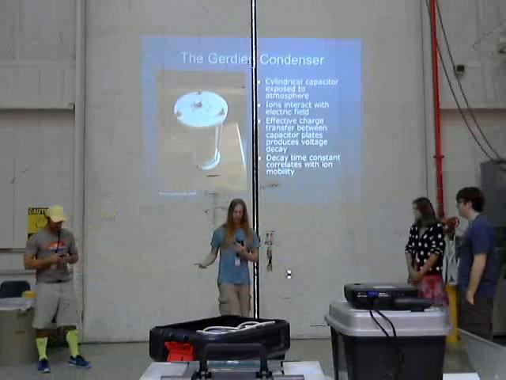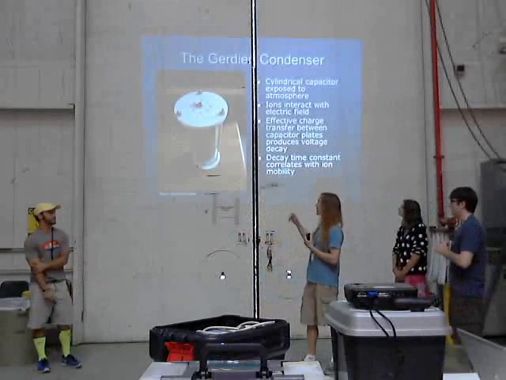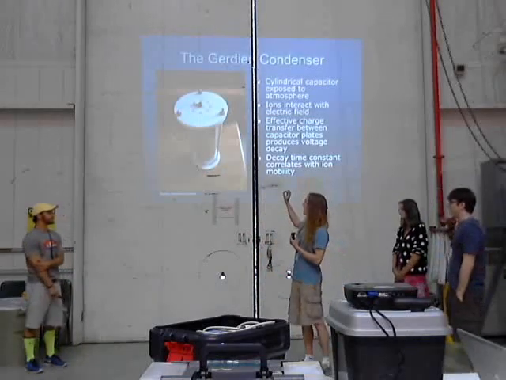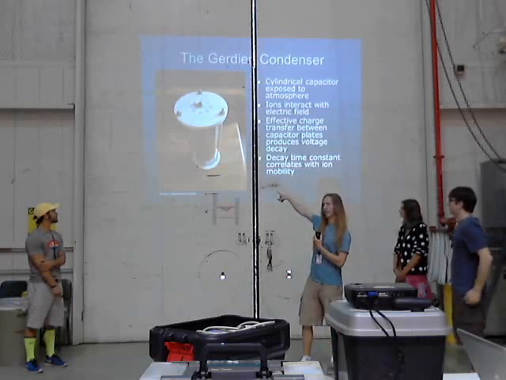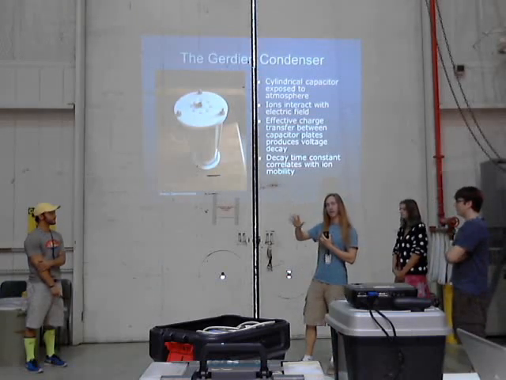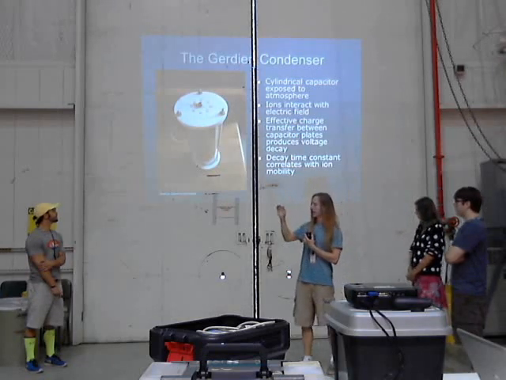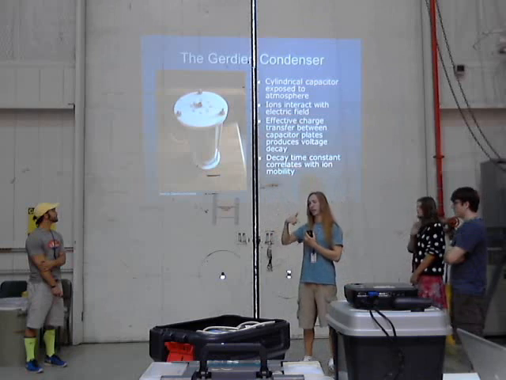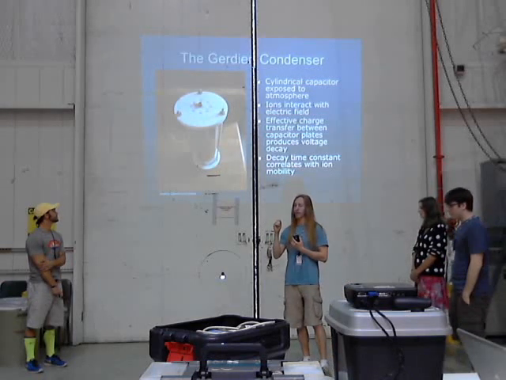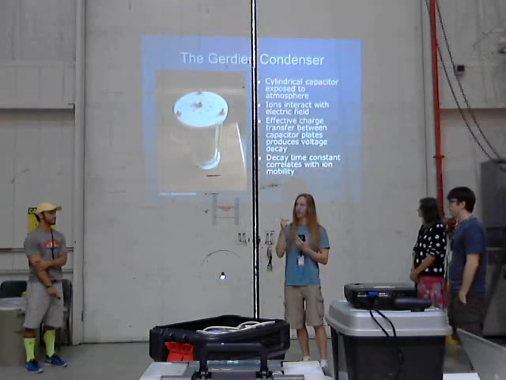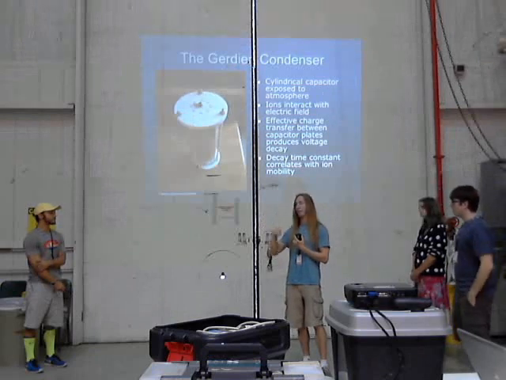So as Dewey alluded to, our measurement apparatus to detect the ions is basically just a giant capacitor. It's a cylindrical capacitor as opposed to parallel plates. Actually, outside of it is a Faraday shield to minimize any interference we have. And how it works is as ions flow in between, they interact with the electric field and they experience a force. And so that is the charge that gets transferred between them. We charge the capacitor, disconnect it, and the voltage will decay.